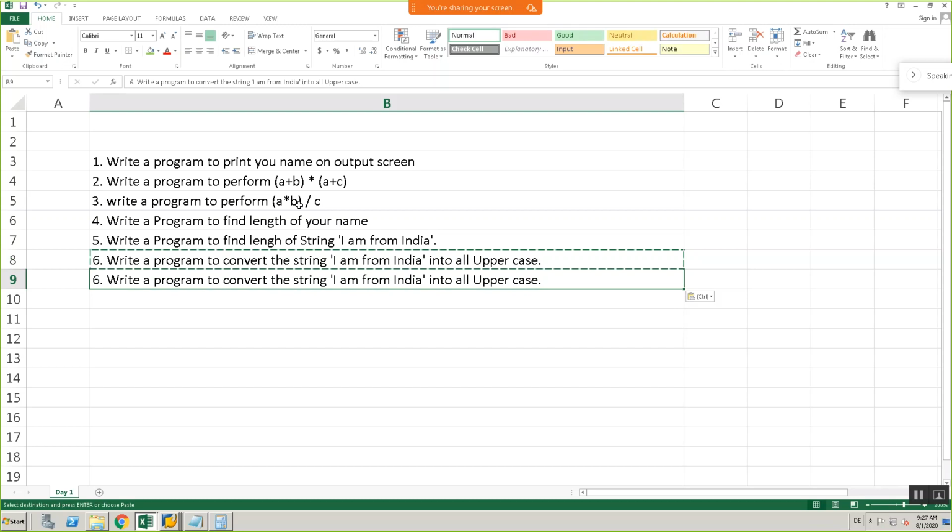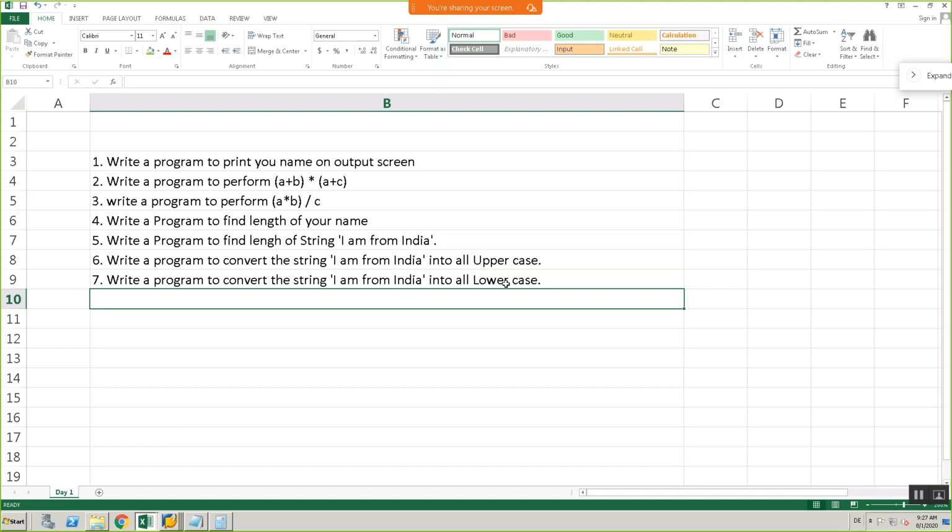Same thing, write a program to convert the string to all lowercase.